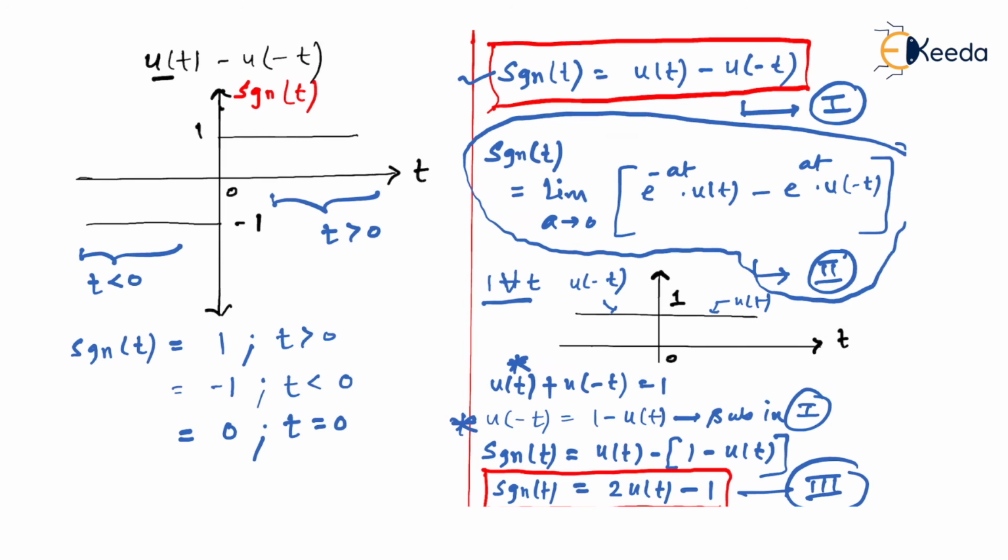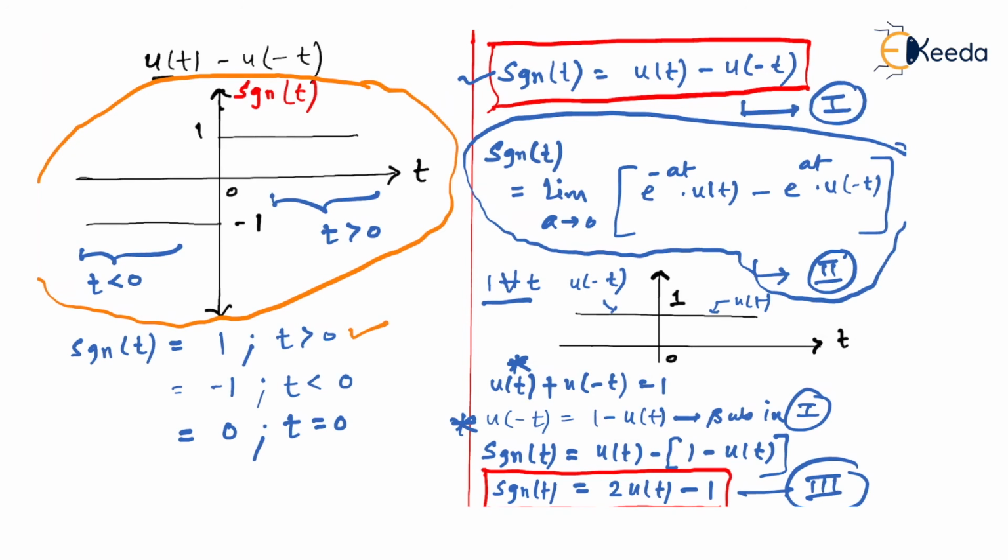Finally, I'll summarize what is signum function. You can see this as graphical representation of signum function. It is 1 for t greater than 0, it is minus 1 for t less than 0, and it is absolutely 0 when t equal to 0. How do we get equal to 0? Because point t equal to 0 is the point of discontinuity. We apply Gibbs phenomenon. At 0 minus, we have amplitude as minus 1. At 0 plus, that is just after 0, we have amplitude as positive 1. So we just take average of the both and we get equal to 0.